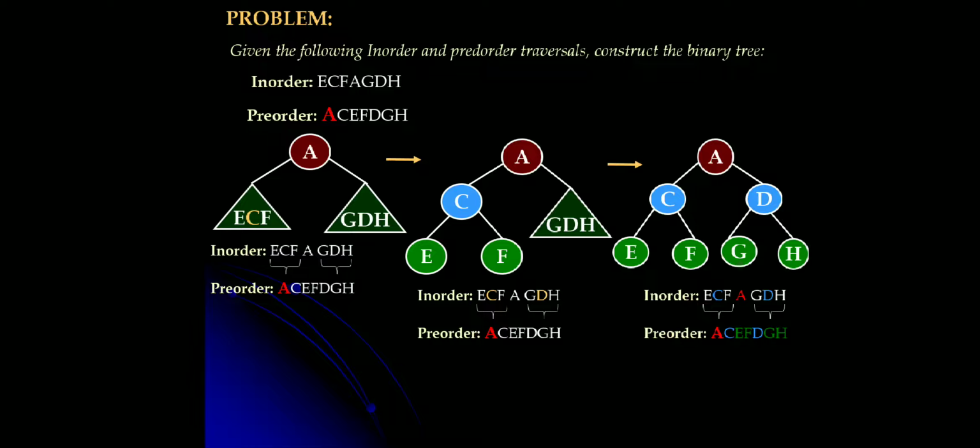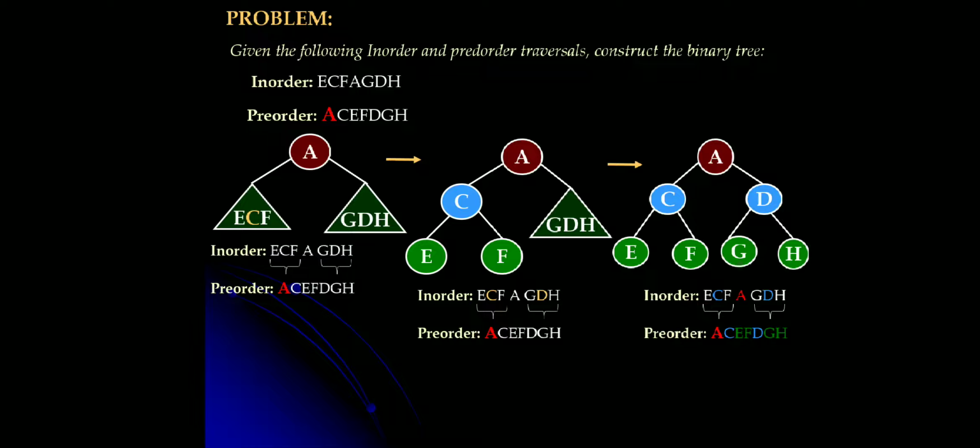So go back to the pre-order traversal and find out of GDH which node is appearing first. You can observe D is appearing first. So mark D in that partial binary tree constructed, and you can see G is to the left of D. That means it is the left child for node D, and H is appearing to the right of D. That's why H is the right child for node D.